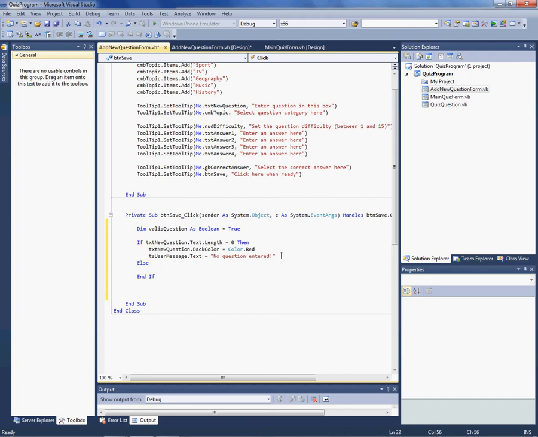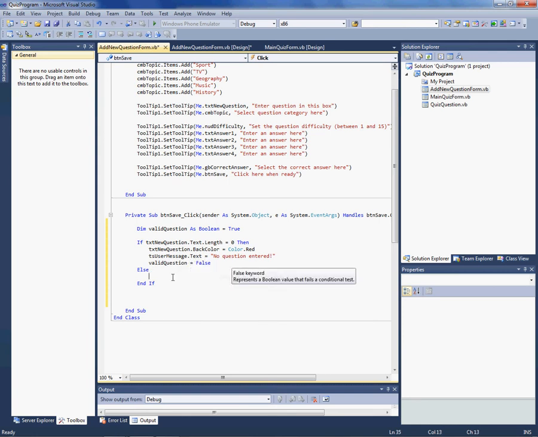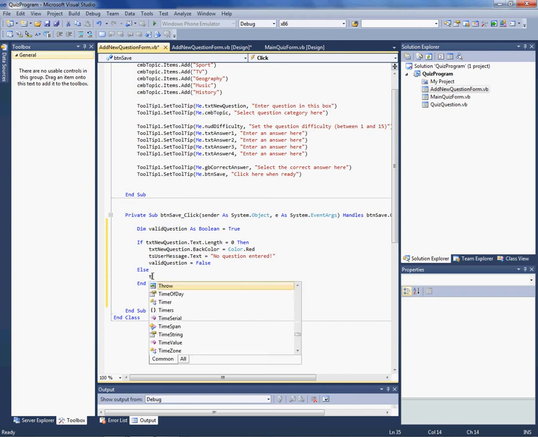The final thing I need to do is then say, well, the question is not valid because there is no question, so it can't be valid. So if they don't enter any text, make it red, display a message to the user saying no question entered, valid question equals false. If that's not the case, if I have entered some text, well, in that case, I'm going to say text new question